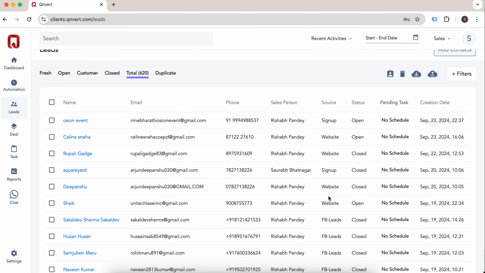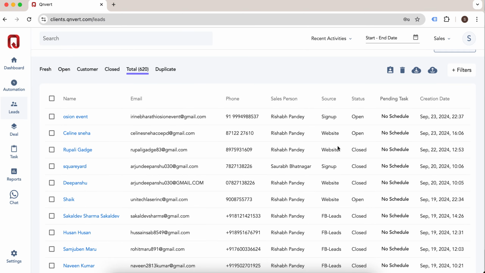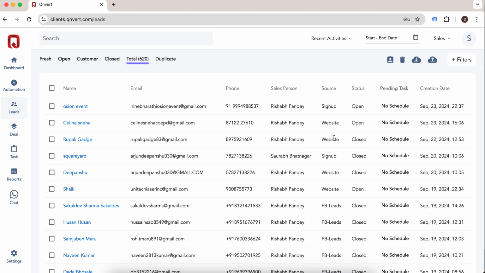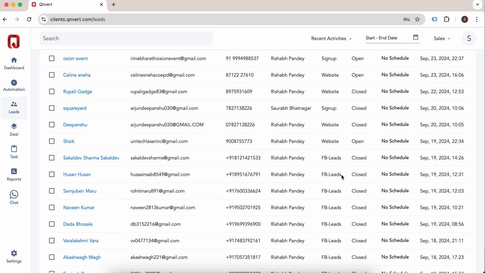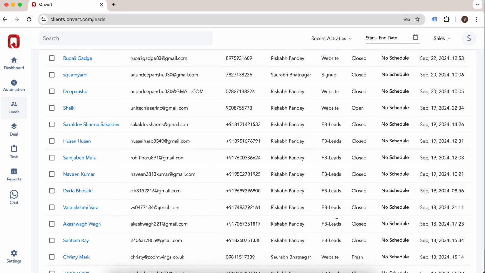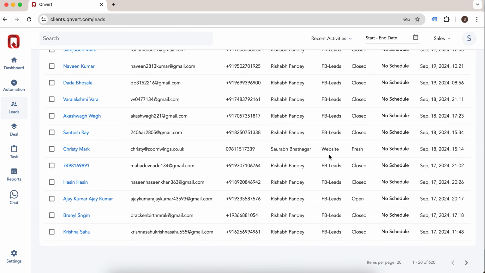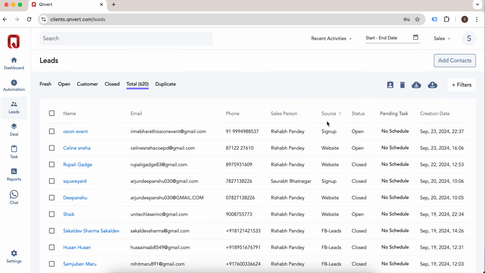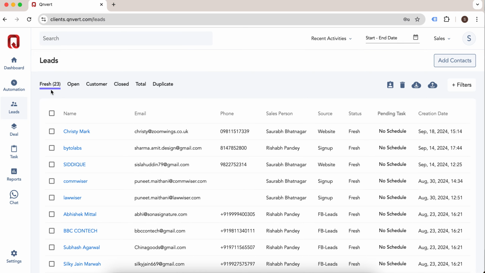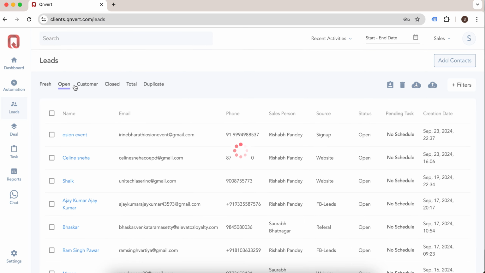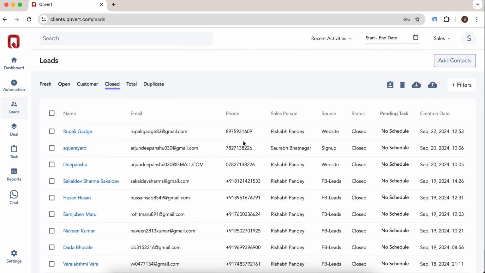You can see the sources from where all the leads are coming in, either a sign-up, a website, or a Facebook lead. So you can go and see what leads are coming from what sources. This is a total tab section. You can look at just the fresh leads, the open leads that you're working on, the customers that you have, and of course the closed ones that are not